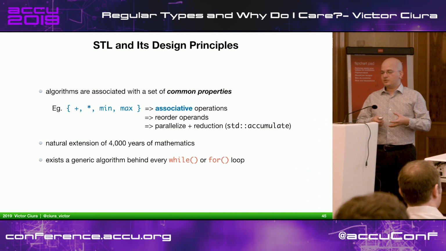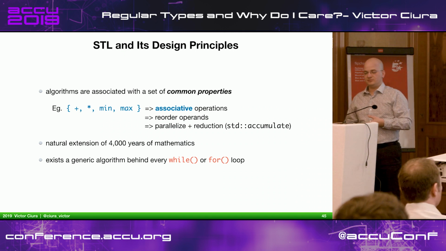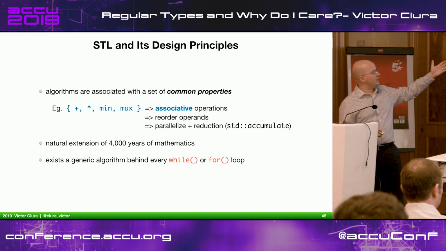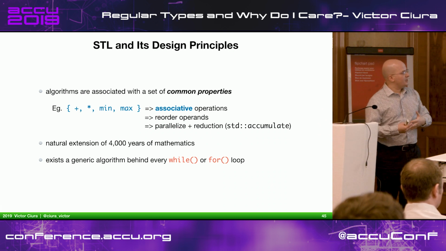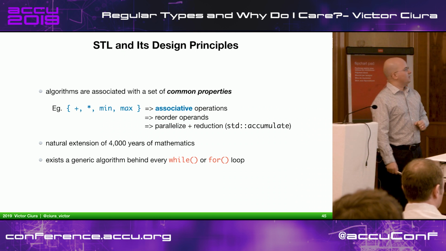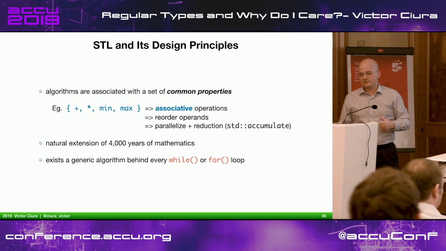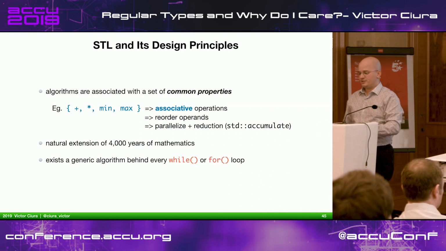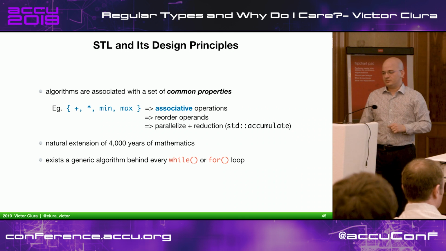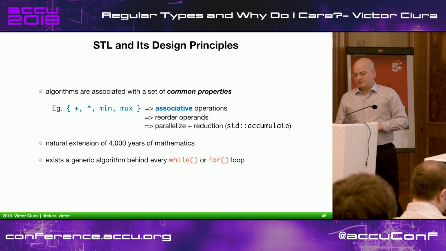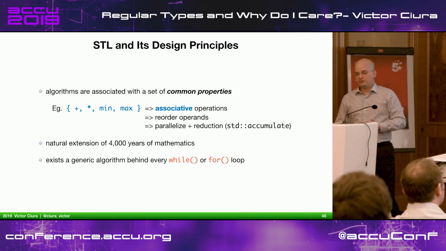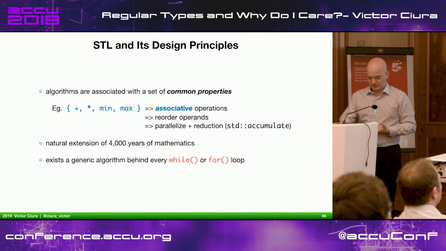And algorithms are associated with a set of common properties. For example, associative operations like plus, multiply, min, max. We can reorder operands, we can parallelize and reduce based on this property of the operation. And like I mentioned earlier, it's a natural extension of 4,000 years of mathematics from GCD up to this moment. And there is a generic algorithm behind every while and for loop. And of course, I don't have to say that